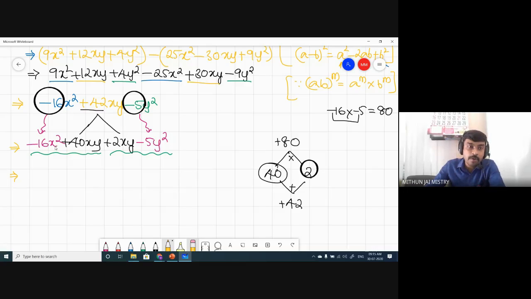Now in the variable, what is common? x squared means x into x, xy means x into y. So we got 8 common, and we got x also common from the first two terms. So when I take 8 as common, here minus 2 will be left, that is 8 into minus 2, minus 16. I hope you're understanding. Next, one x has gone, so one more x will come here. Am I clear to you?